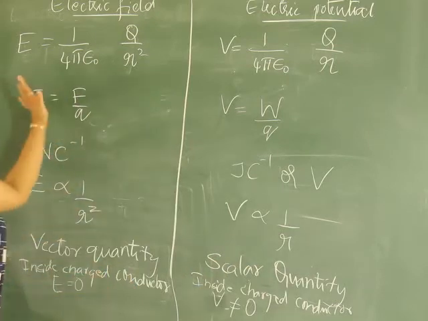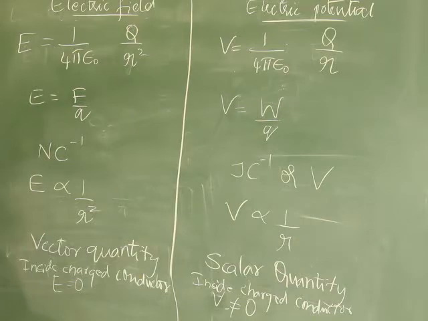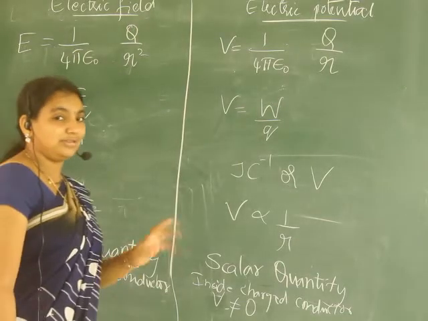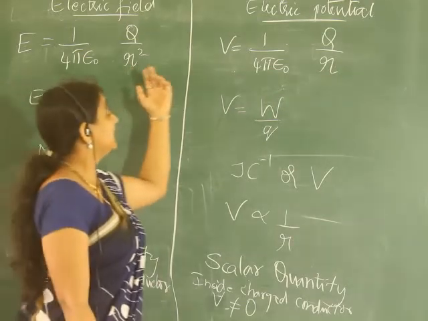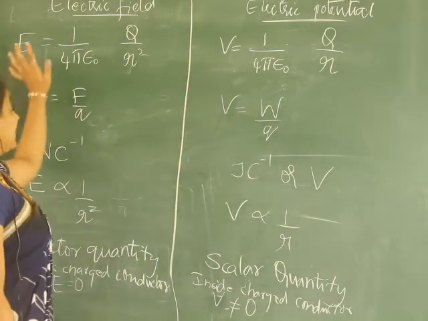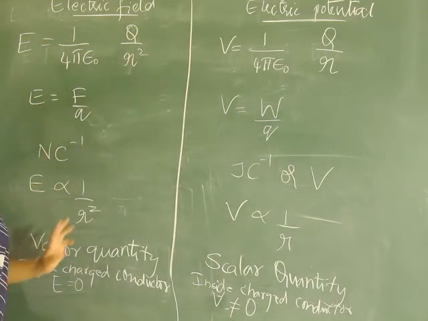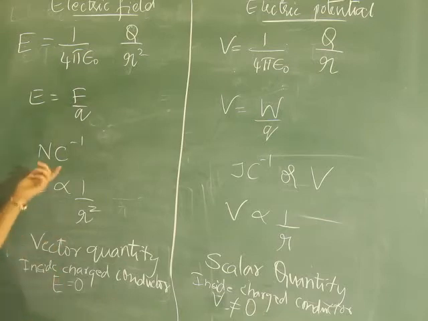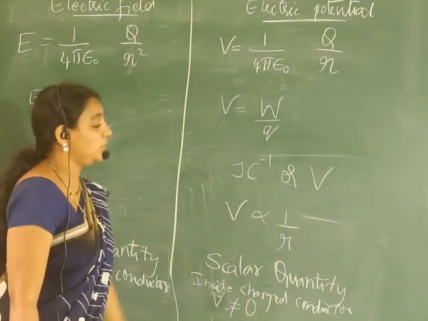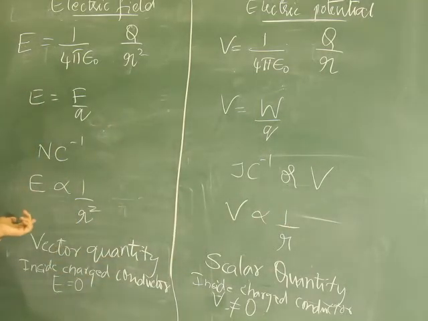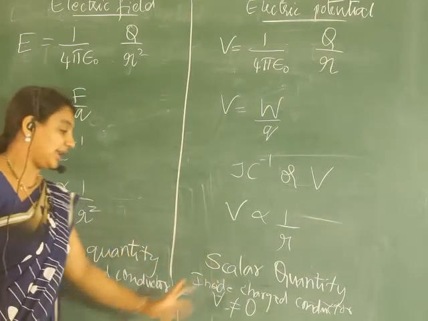So these are the differences between electric field and electric potential. Very, very important for 2 marks. I think either a 2 marks or 3 marks question can be asked for the difference between electric field and electric potential. First one, you can write directly the expressions. Second one, you can say this is force per unit charge, that is work done per unit charge. SI units difference: this is not Newton per Coulomb, this is Joule per Coulomb or volt. This is inversely proportional to r square, this is inversely proportional to r. This is a vector quantity, this is a scalar quantity.